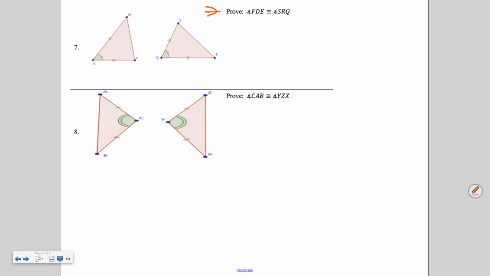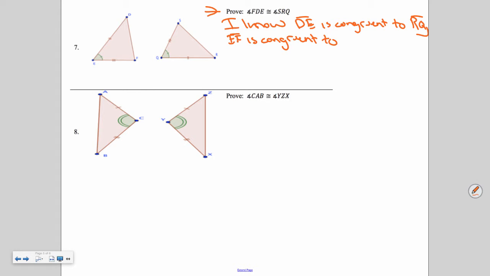So in this case, you can always start off with I know, okay, based on the drawing, DE is congruent to RQ, comma, EF is congruent to QS,